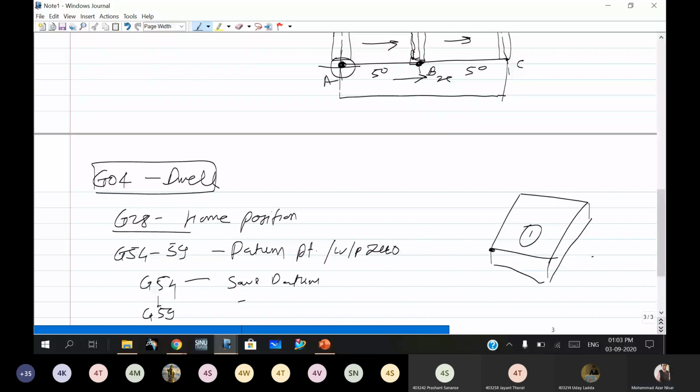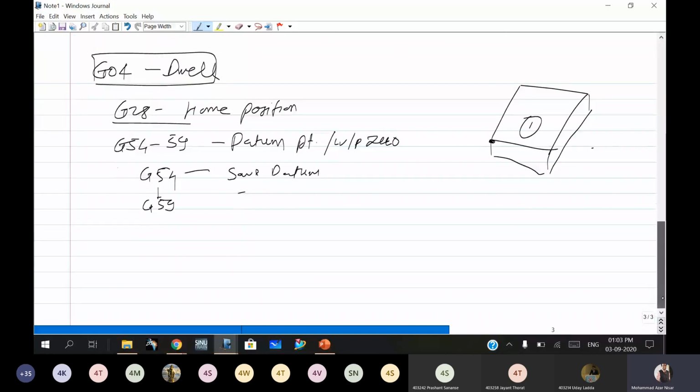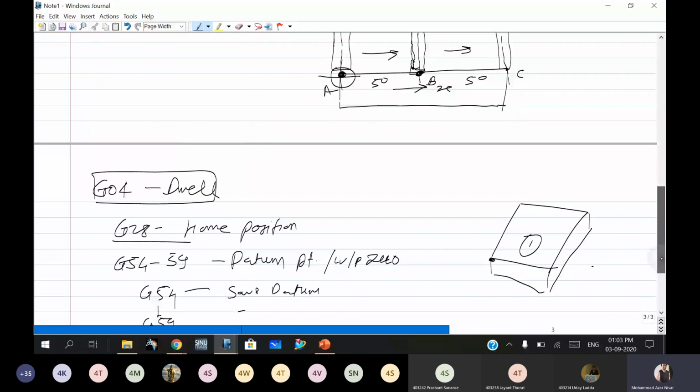Okay, then the remaining codes. So these are the most used G codes. G54 to 59 is the most compulsory used, but G4 and G5 are rarely used.